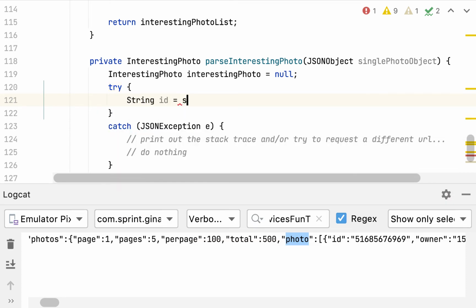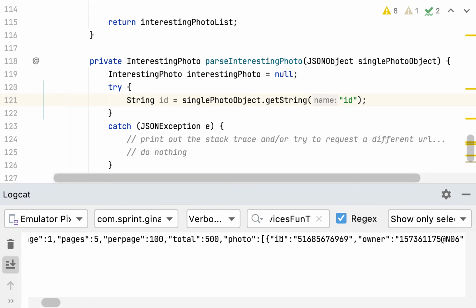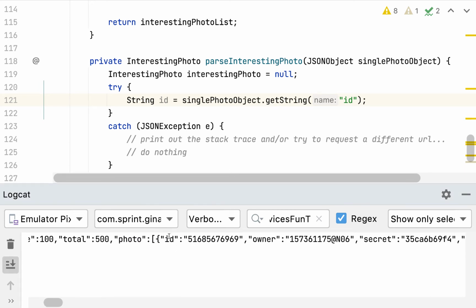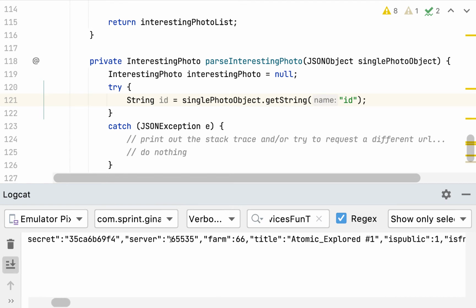So let's start with the ID. We don't really need the ID because we're not going to display it in our UI, but it's always good to store the ID in case we need it later, perhaps if we're trying to request a different URL or trying to do something with it. It's just good practice to get the ID because it's a unique identifier. There could be overlapping titles or dates taken, but the ID will always be unique. So it's always good practice to grab that. So we'll try to get a string, id, and I'm just grabbing this string right here out of the first element's keys. So id, next we'll grab title,